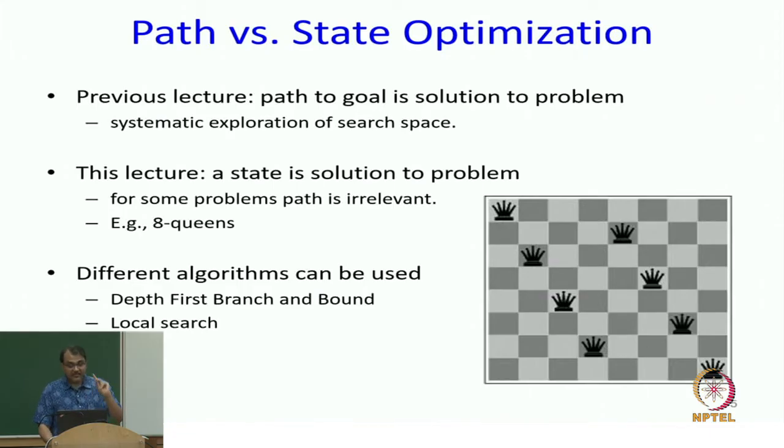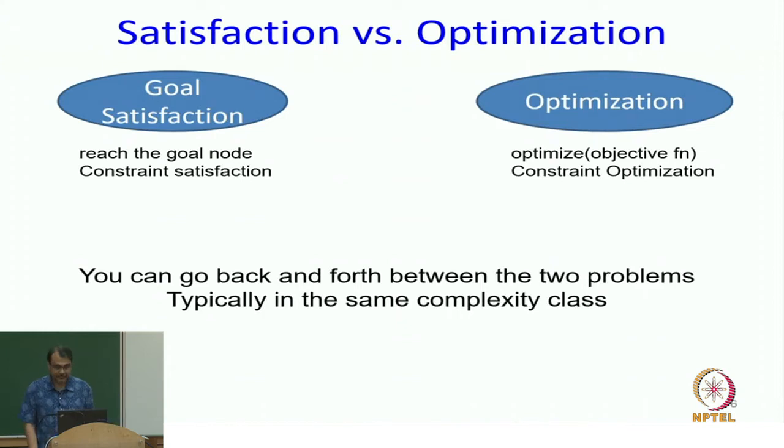There is one other thing that I want to talk about. Up until now we had been looking at satisfaction problems. Satisfaction problems is I want to find a path to the goal, and then once I find it I want to find the best path to the goal. So, there is some optimization going on here also. But suppose I am only interested in find me a path to the goal, that is what I am going to call a satisfaction problem, right. I am just interested in making sure that all my constraints are satisfied. It does not matter whether it is the most optimal way to satisfy them or not.